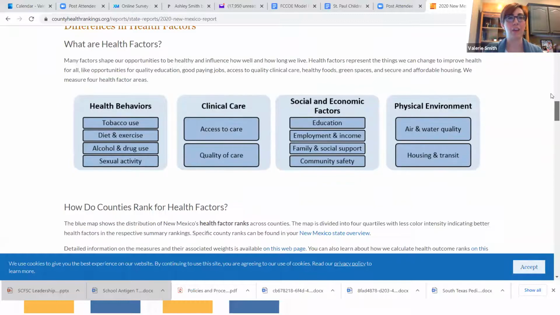But then you can start to click and go into different health behaviors, right? Also access to quality care. And then here's where a lot of food insecurity information can be found sometimes, is in the social and economic factors as well, that give you education, employment, family social support, community safety. And then there's also the physical environment. We'll have some food pieces as well, including that food access number that I mentioned.